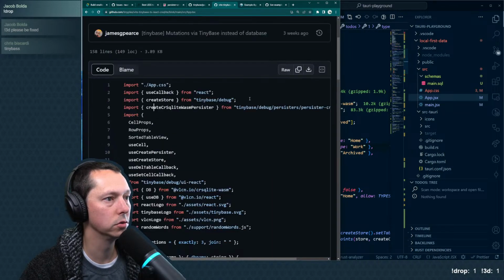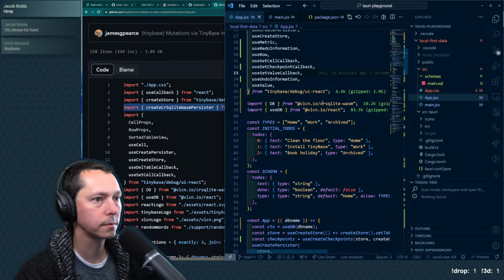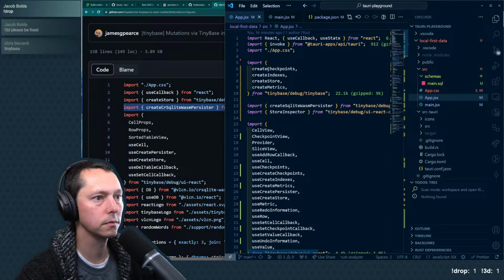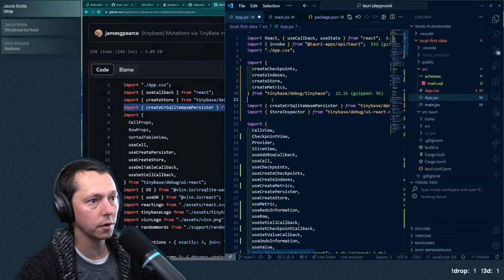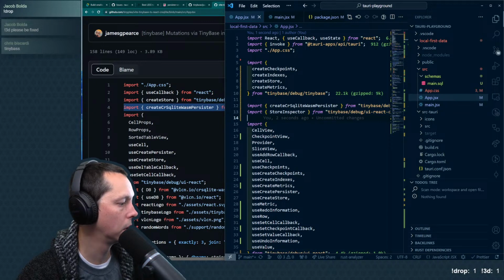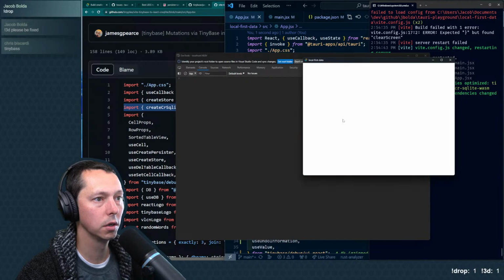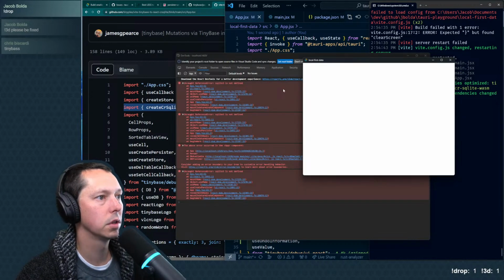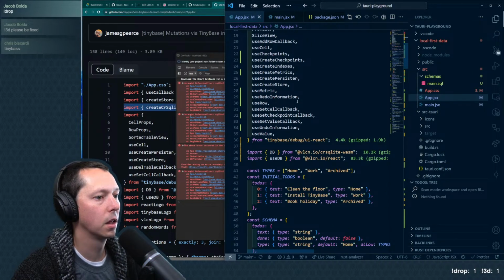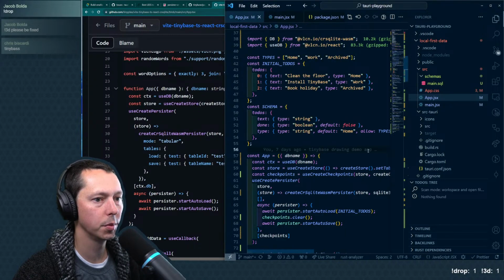So I need to do this import. I'm guessing that I did that import incorrectly. Create SQLite WASM persister. That seems fine. Let's just clear and refresh. All right, SQLite 3 is not defined, which is perfectly fine. And that is probably because,